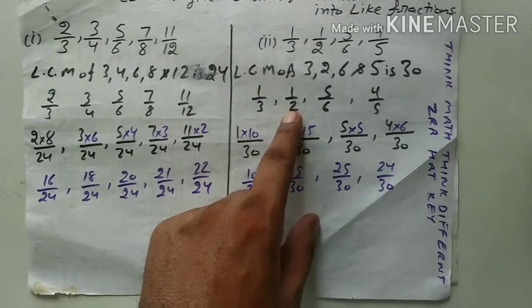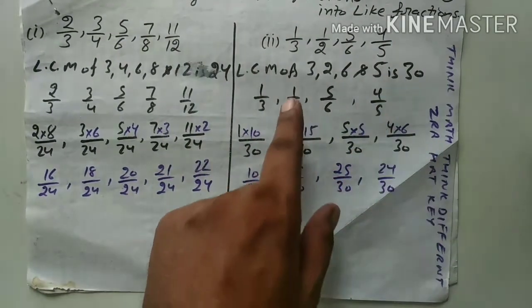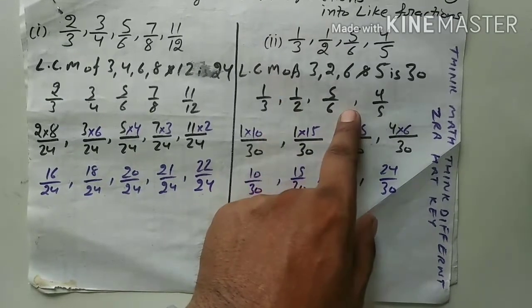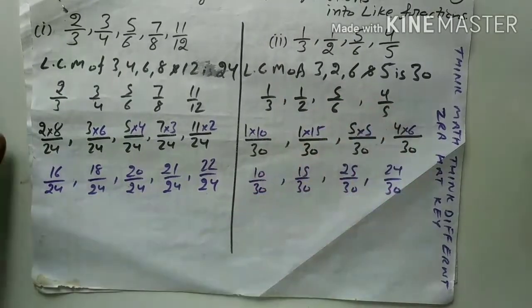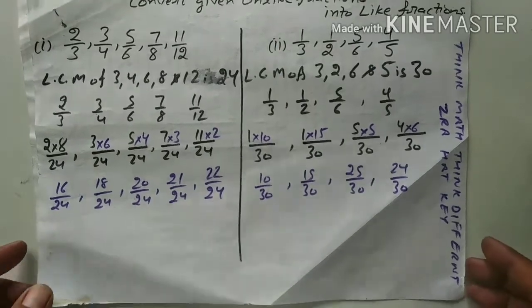Second place, after that 24, that means 4 by 5. So after 1 by 2 we will write 4 by 5, and in the last 5 by 6. Okay, so in this way we can deal with more than 2 fractions, student. Where we will have to write the fractions in ascending or descending order, that question we will face in the next video.